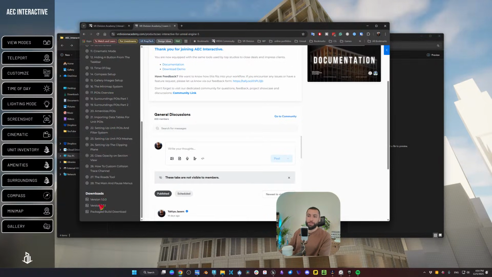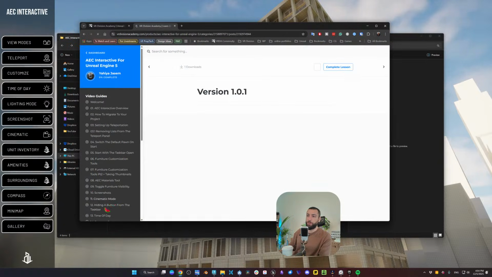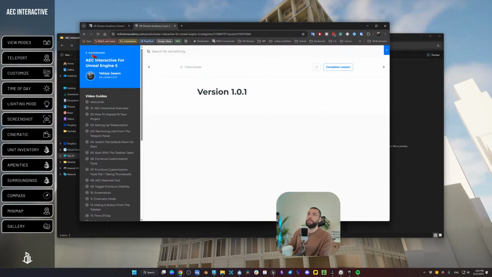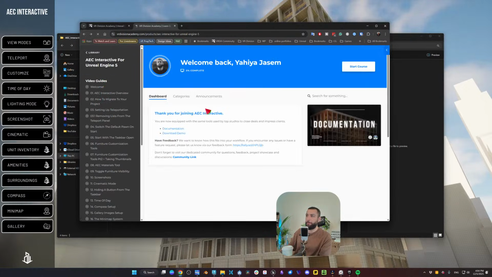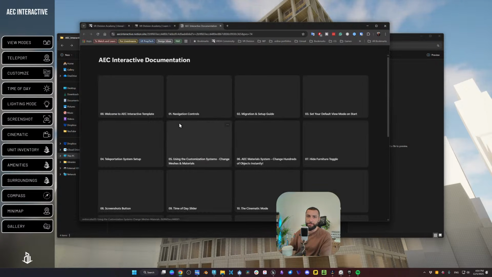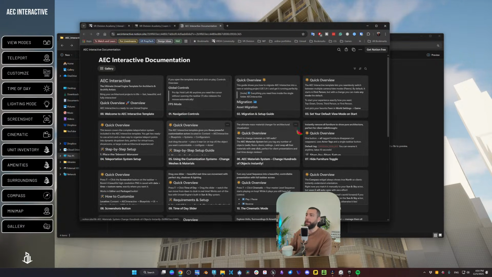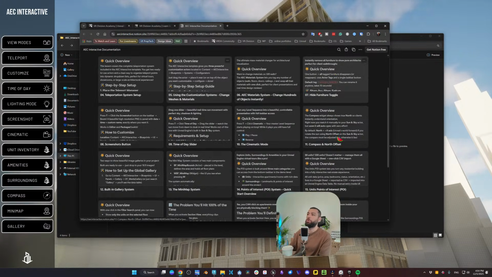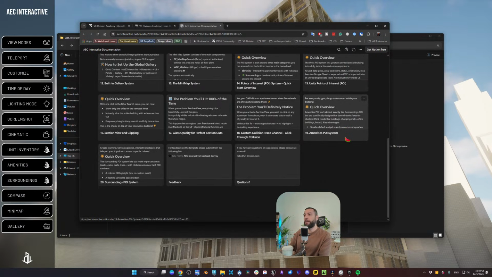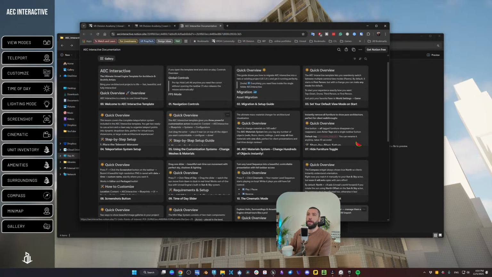And of course, the downloads of the template. So here we will have the versions where you can simply click download and download the template. And here are the lessons, as well as the documentation of the template. Right now, it's being hosted on Notion, but soon we're going to have our own special website for the template with its own documentation, so if you don't want to watch videos, or if you want to watch videos and read the documentation, you can do both. And of course, they will all be updated as we go.